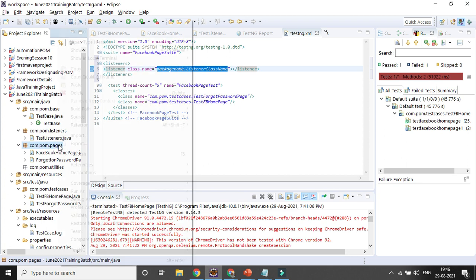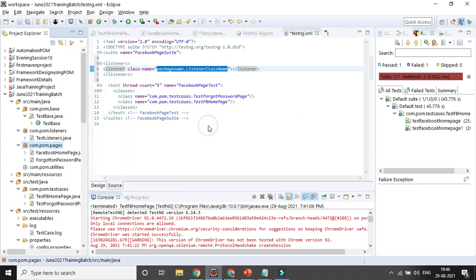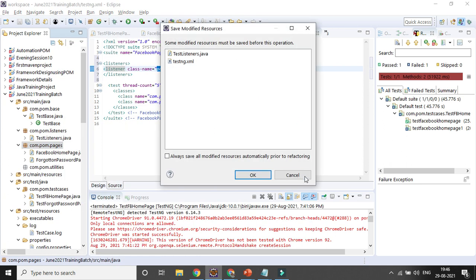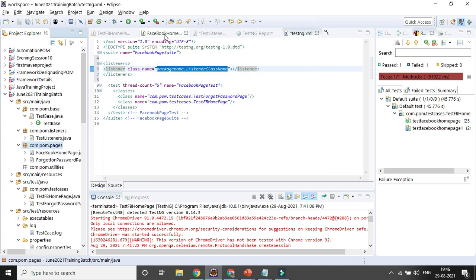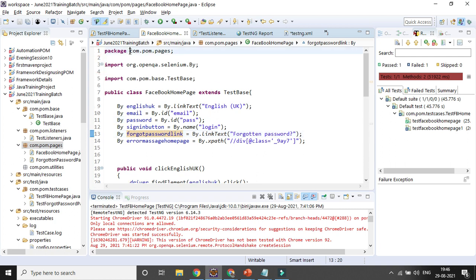com.pom.packages. Right click here, go to refactor, rename. So that is the part. You can copy it here and give it here.